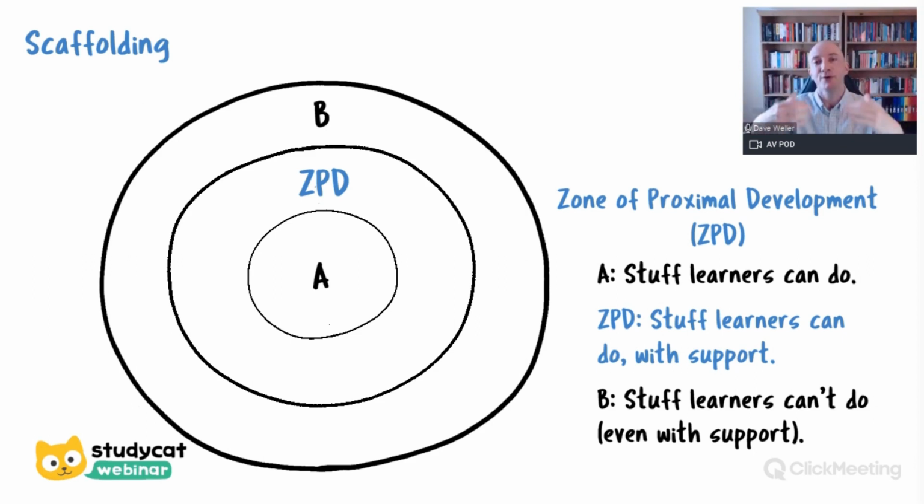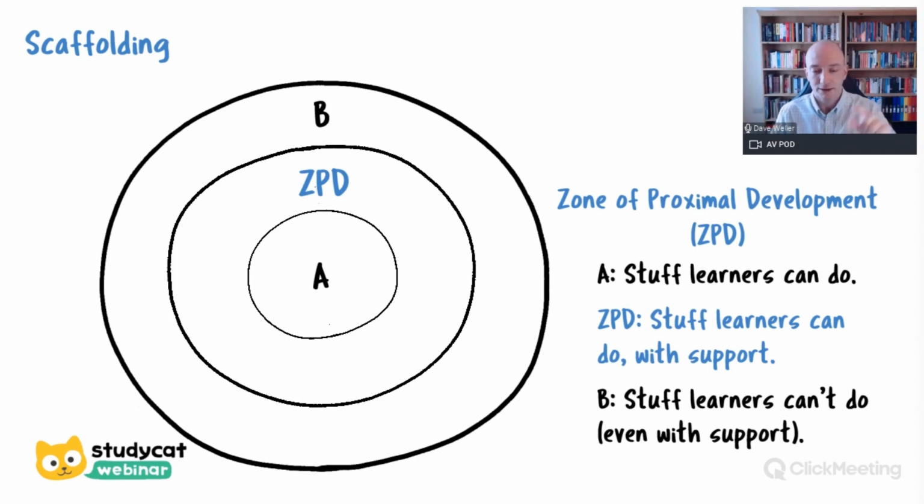You remove that scaffolding from around them and let them use it by themselves. So this could apply to you as a teacher when you're monitoring and providing assistance, or it could be for your materials. And the idea behind this comes from something called the zone of proximal development from Vygotsky, which is